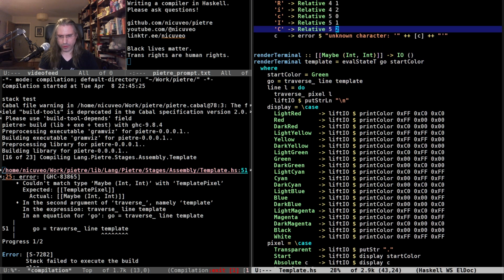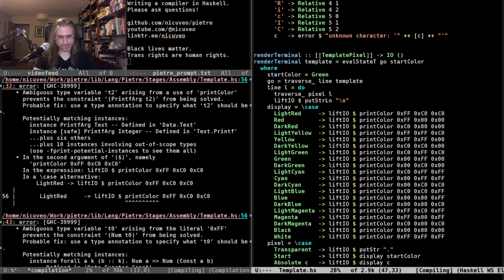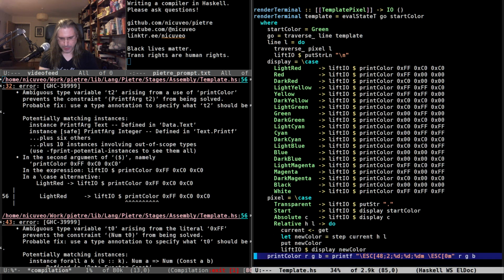And this is no longer a list of maybe tuple of int. This is a template pixel. Okay. Yes, here it doesn't know what the type of the arguments are, so I need to specify explicitly those are ints. I could make them word 8 actually, but int is fine.